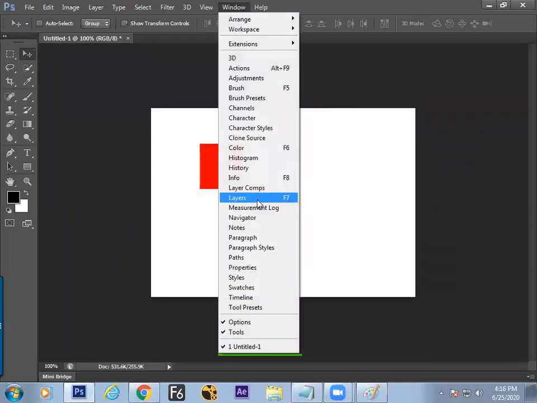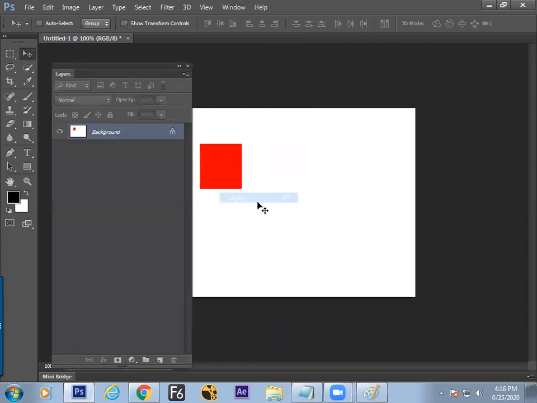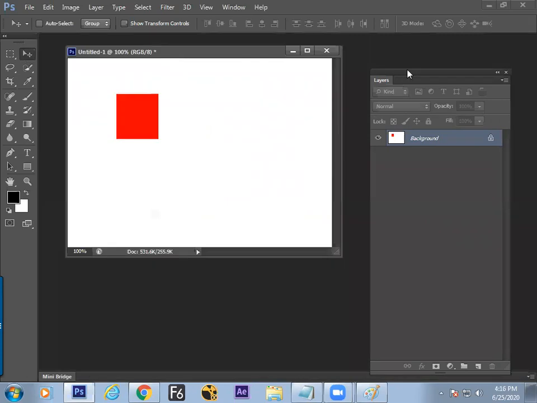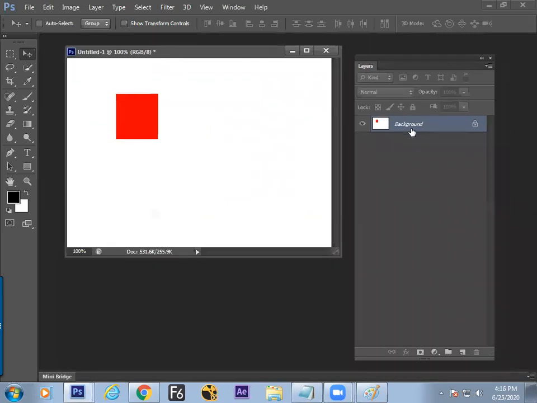This is the place. F7 is a command which opens the layer window. By default, you'll find the layer name is Background layer.